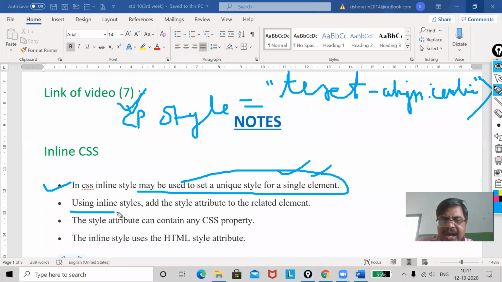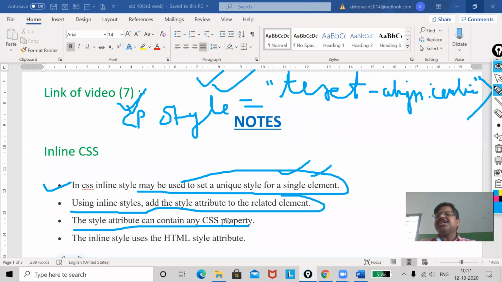Now using inline styles, add the style attribute to the related element. Yes, already I showed you the style attribute can contain any CSS property. Now what is any CSS property?